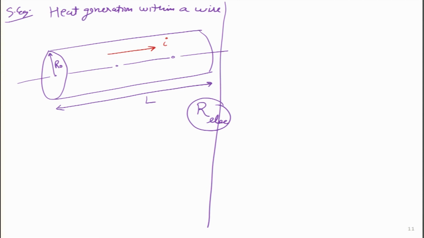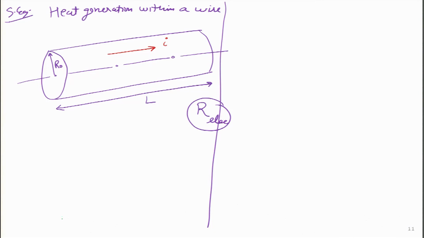The question is, if this wire is present in this particular room, let me say that this pen represents that particular wire, I am flowing current through this. If the current is significantly high, it is going to generate a significant amount of heat inside it, because I square R losses will be there, Joule heating will take place. So, all that heat will dissipate towards the air which is surrounding it, which means if we zoom in inside the wire, we will see some sort of temperature profile developing inside it.